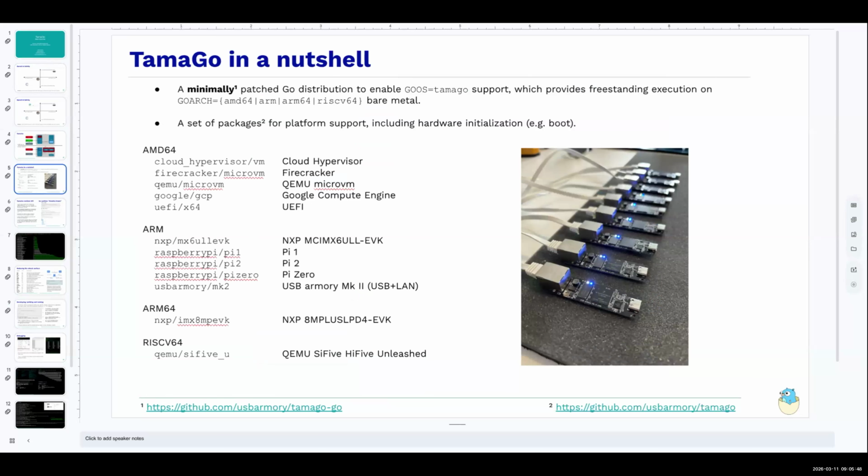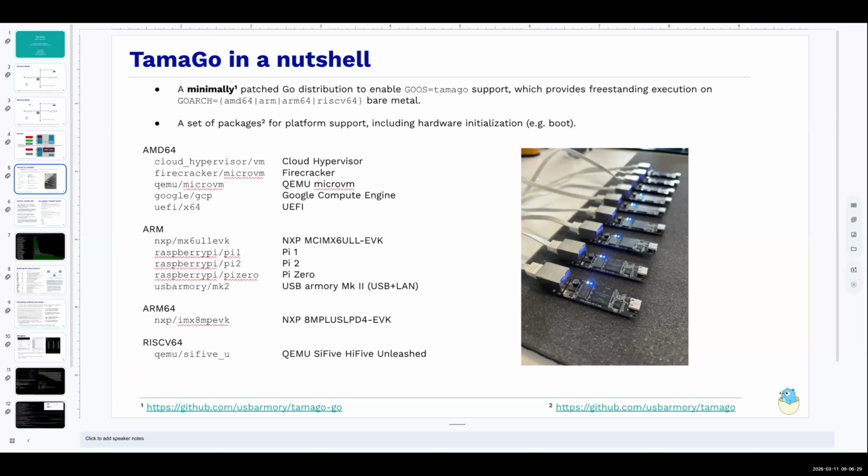The project has been around for some time, so it reached a fair level of maturity. So we have support for 3 different architectures: x86-64, ARM64, and RISC-V 64. And we support a small but solid range of devices, going from physical devices such as USB Armory, which you will also offer in various NXP development boards, to execution under virtual machines on x86, so Cloud Hypervisor, Firecracker, QEMU microVM.